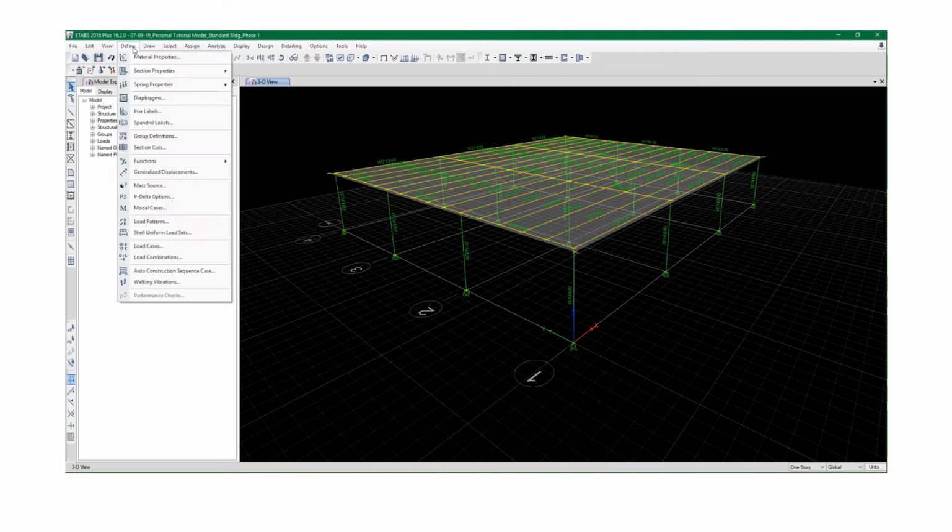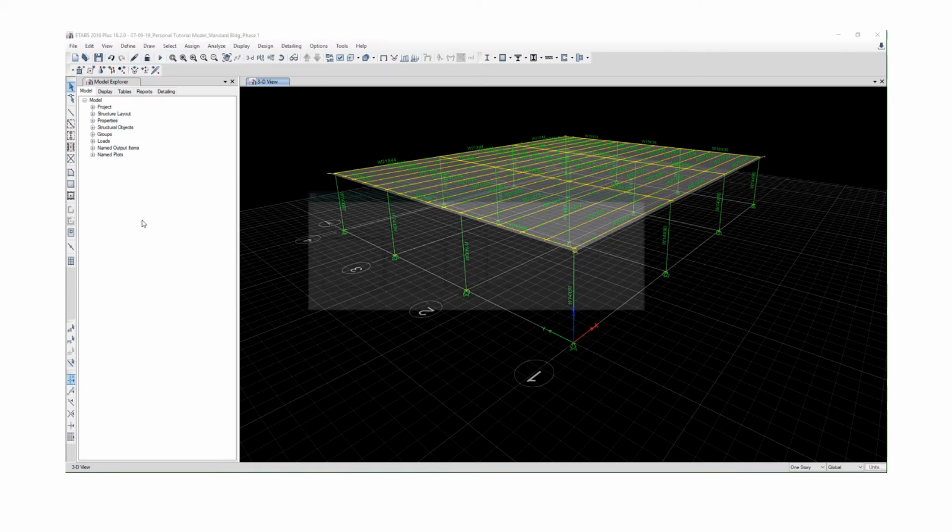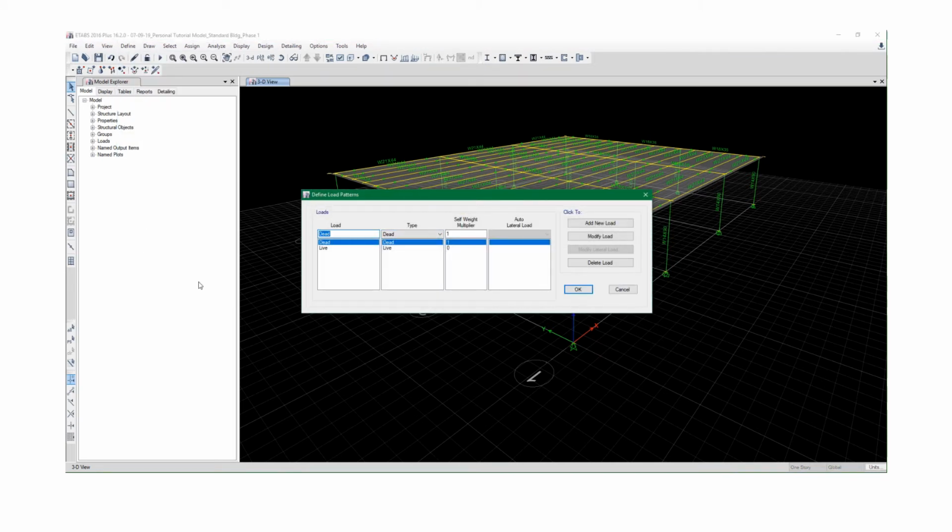Let's go ahead and define some load patterns and load cases with it. Let's define our wind load. Do wind. We'll do just the X and the Y individually. So wind X. You can do one and it can create all 12 cases, or you can take a look at it on an individual basis. So here we'll just do X and Y,